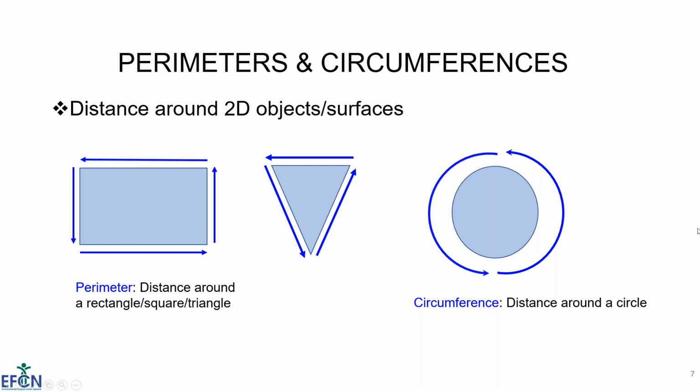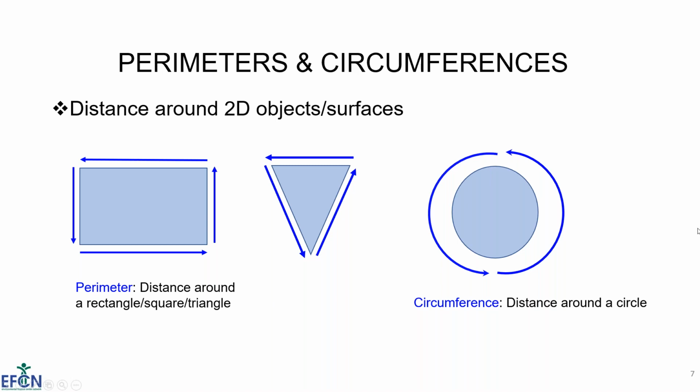So up front, I want us to understand one terminology in drinking water math, which is perimeters and circumferences, and that will help us understand better the areas and volumes that we will be focusing on today. So perimeters are the distance around two-dimensional objects or surfaces. So we're talking about the perimeter, or the distance around rectangles, squares, triangles. And then when we're dealing with circles, circumference is just another terminology of expressing the perimeter around a circular